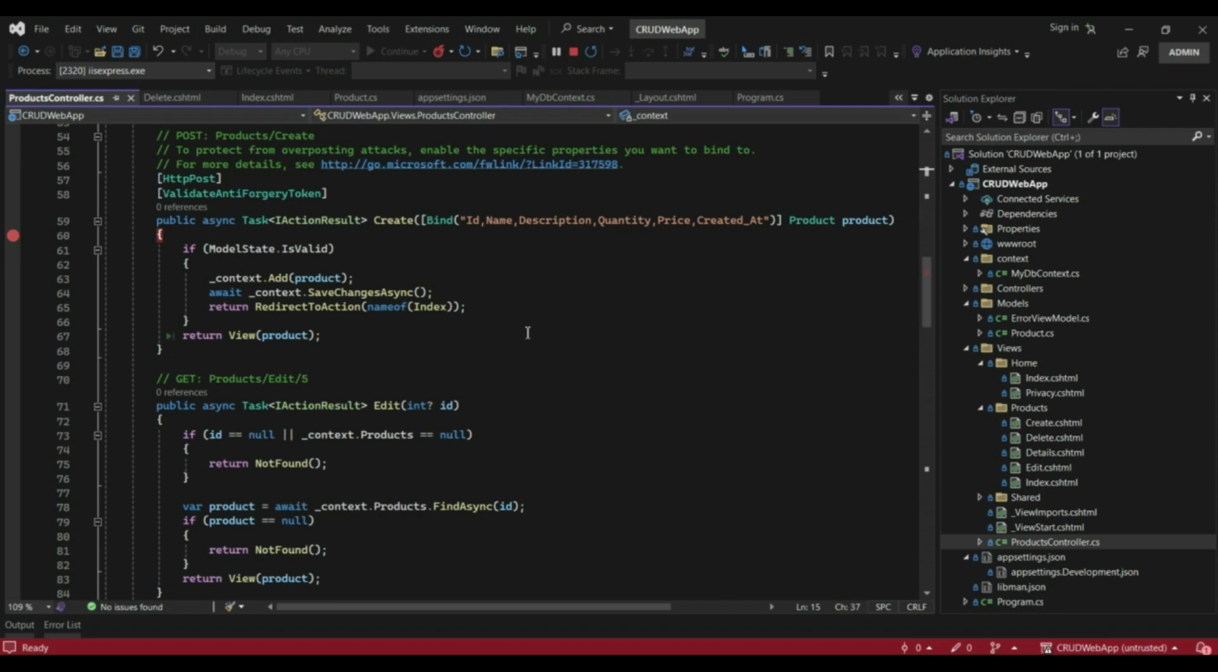So in this way, you can debug and inspect the values using breakpoints in Visual Studio for C# and .NET